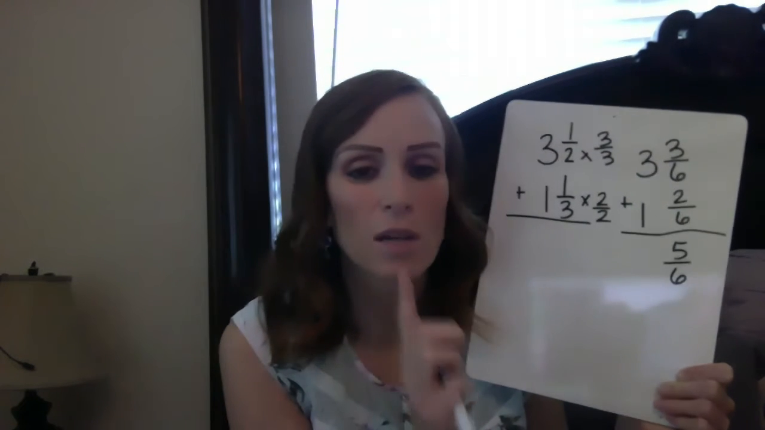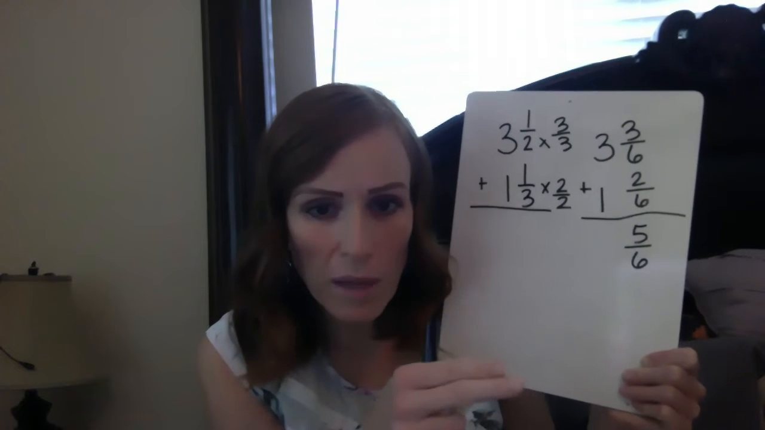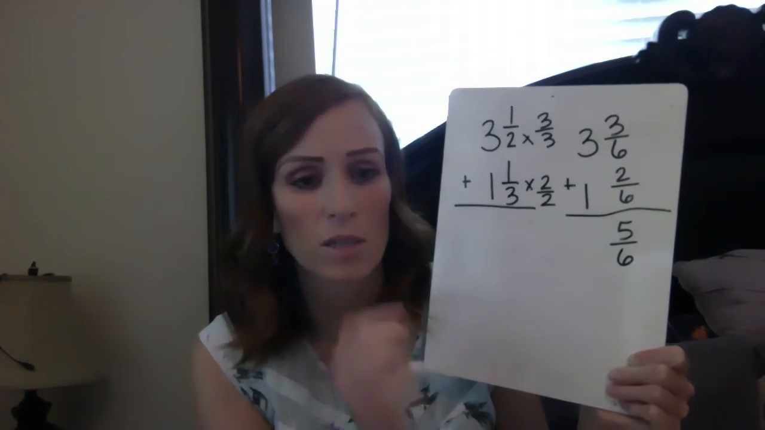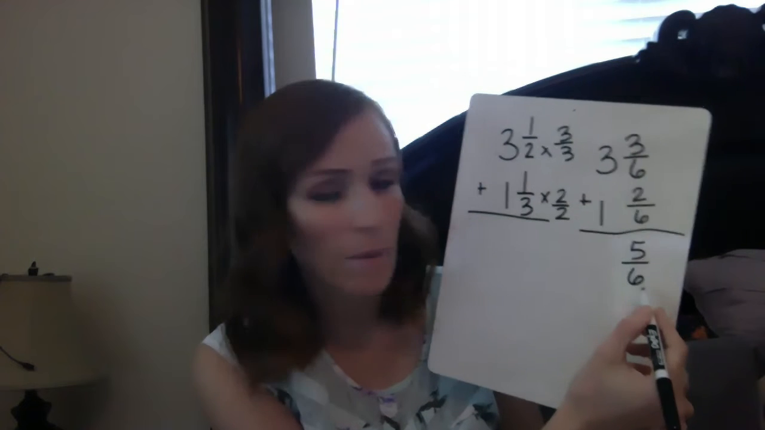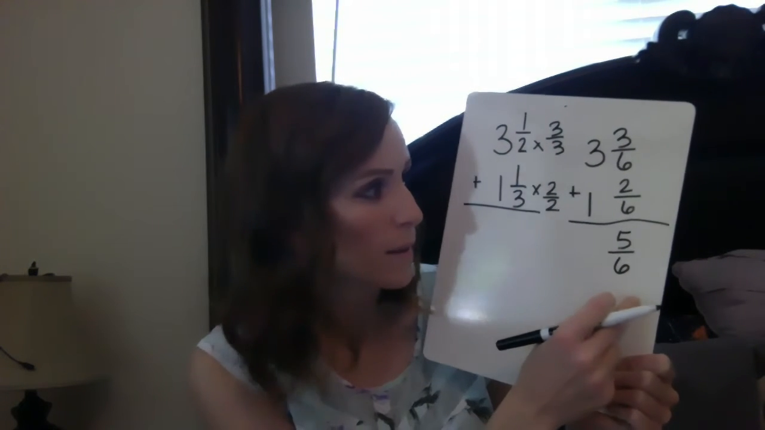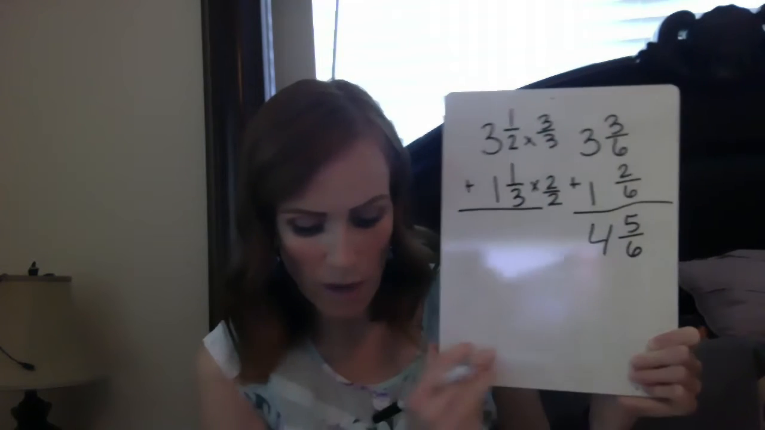In multiplication and division, you do multiply the denominators or divide the denominators, but in addition and subtraction, they always stay the same. That's why we get them in like terms for addition and subtraction. Okay, 3 plus 1 is 4. So we have 4 and 5, 6. All right,